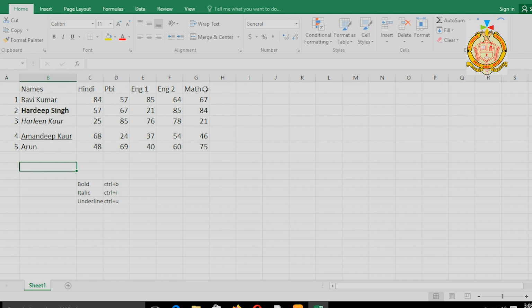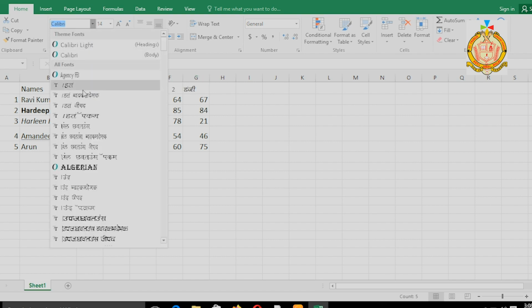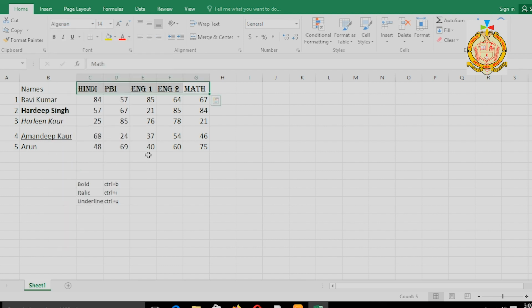First of all I will select the subject names. Then in the font tab, you have to click on fonts. You can see different font styles are there. You can select any font style according to your choice. I click here, and you can see the change in your fonts.